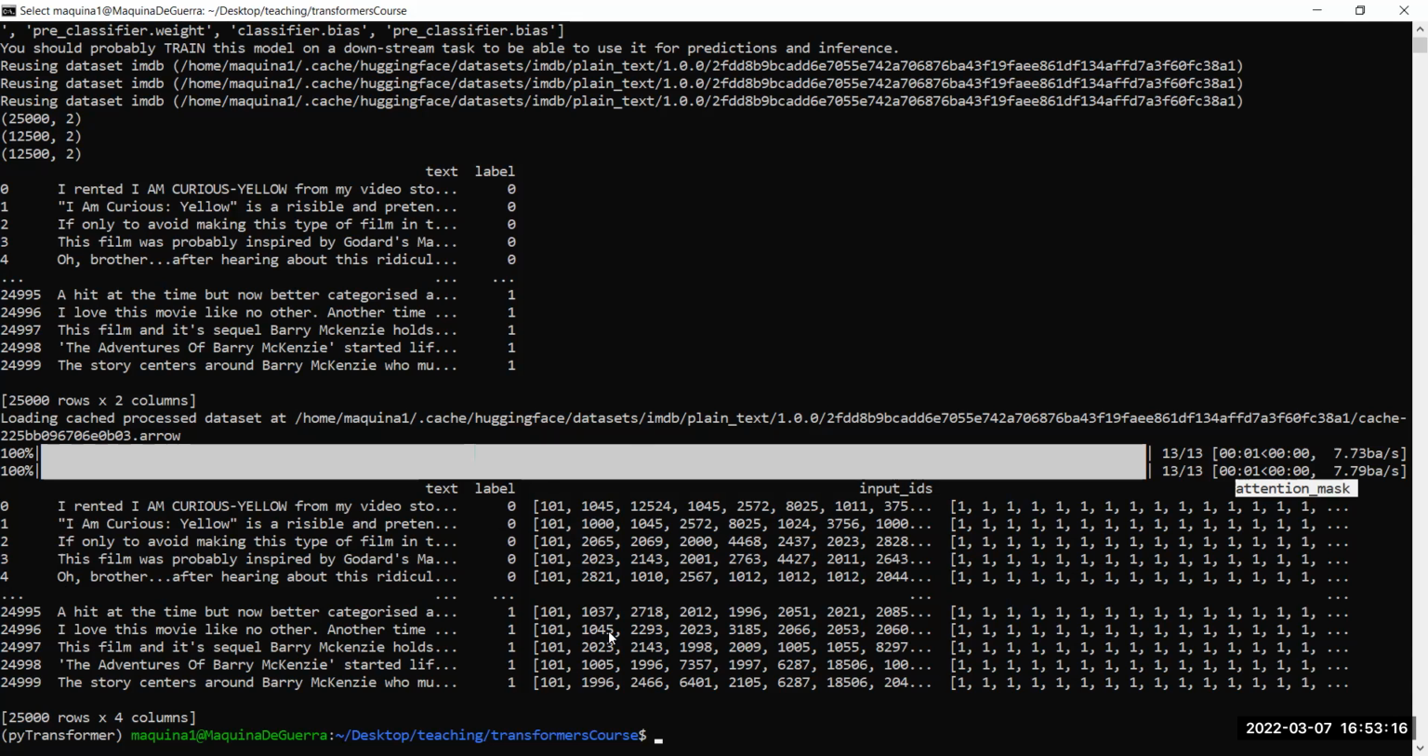So we have basically converted into IDs, and we also have the attention masks. Notice that the dimensions are now, instead of 25,000 by 2, it's 25,000 by 4, because we've added the input IDs and we added the attention masks. Questions so far? Nope. All right, now that we have this,